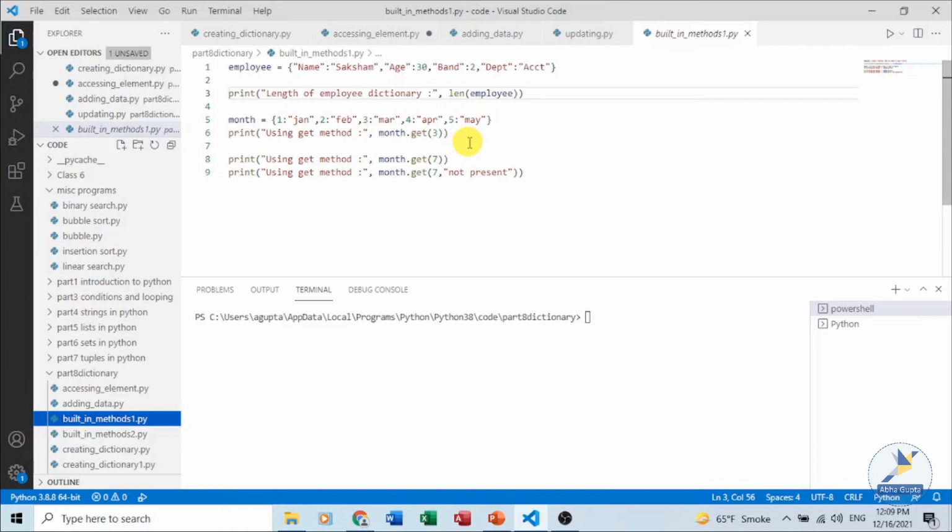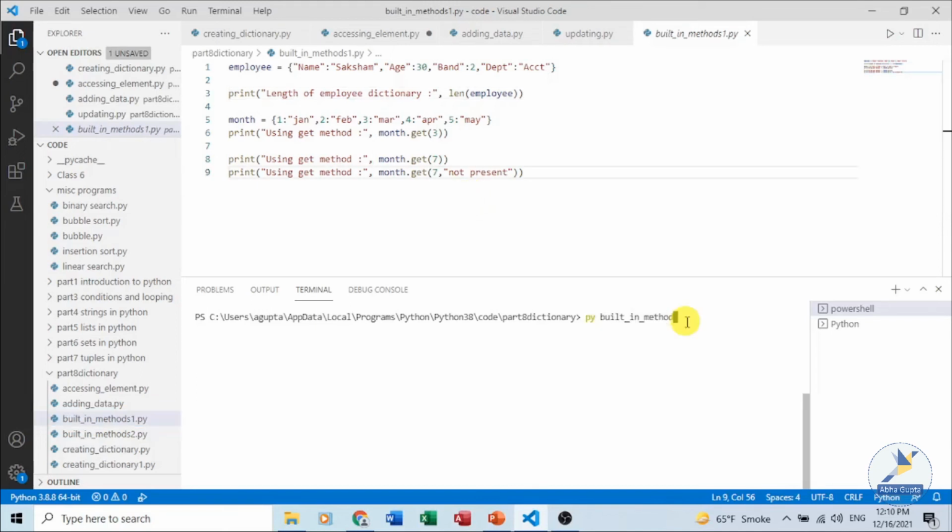Now the get function takes two arguments. If we are not providing the second argument, which is optional, then it will print None if it does not find the key. We can also give our customized message, like for example in this one I am passing